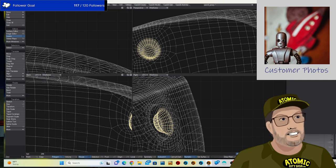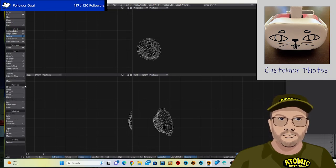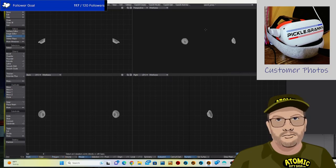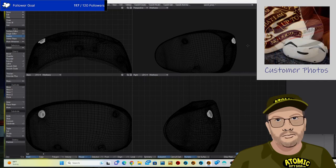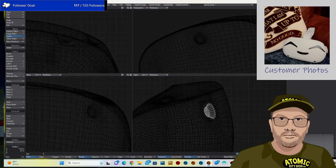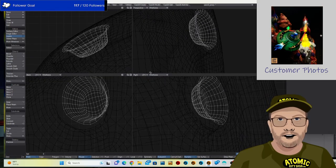Let's copy that. I'll paste it to a new layer, and then mirror it to the other side. I think I mirrored it twice. Get rid of that one. Put the other layer back in the background. And realize... Did I? No, I... Yep, that was the correct one. Okay. I just want to...